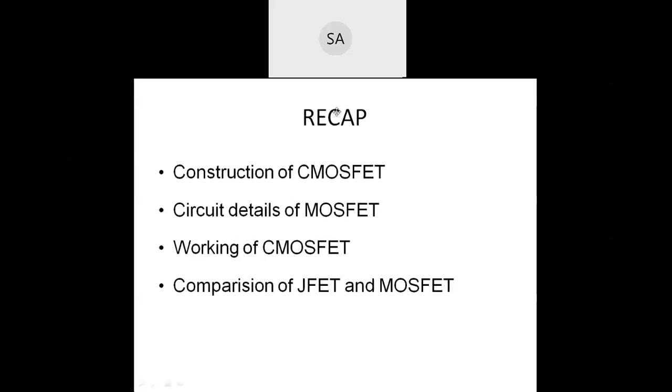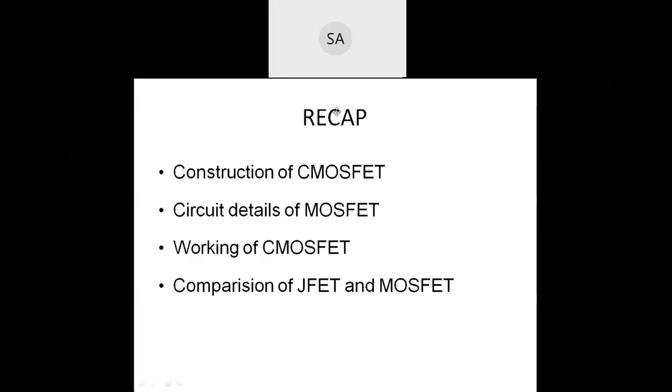If the input is logic high, that is the supply voltage, 5 volts, more than 0 volts, then the PMOS transistor will be off and act as an open circuit, and the NMOS transistor will be on, acting as a closed switch. Here VDD cannot be driven to the output, so you will get the output as 0. So in the CMOS circuit, the output is the complement of the input. If you apply 0, you get 1. If you apply 1, you get 0.